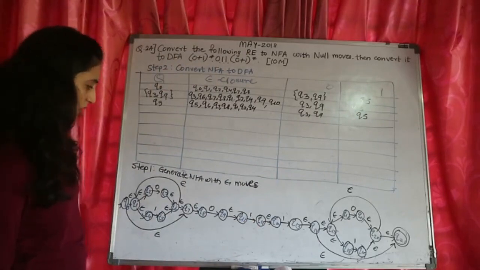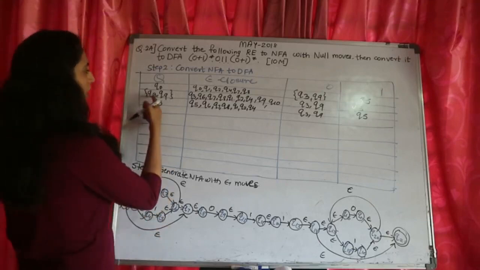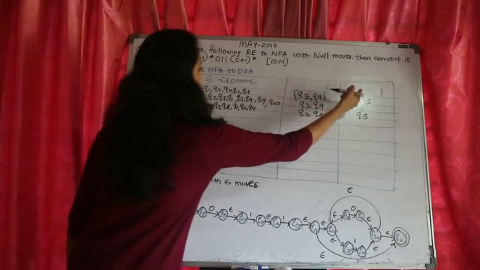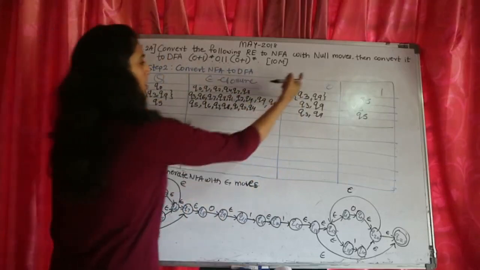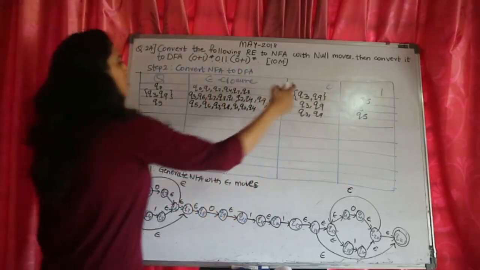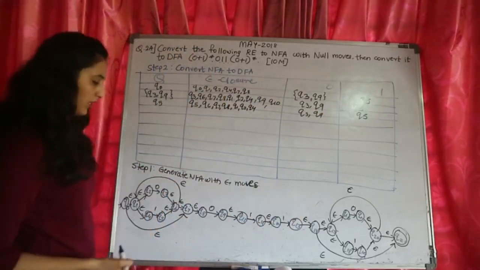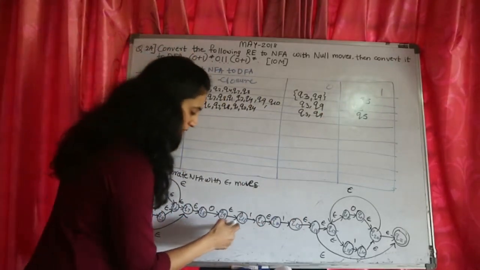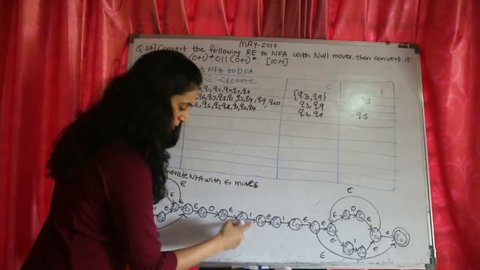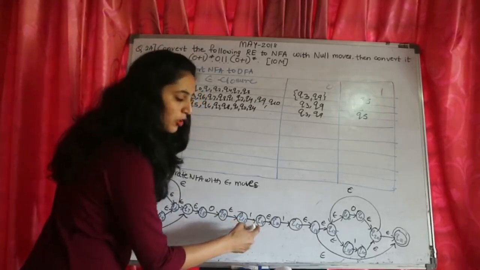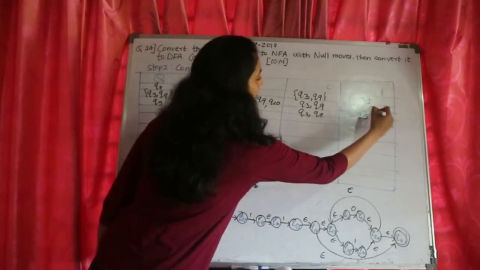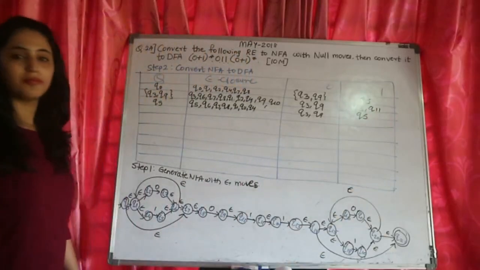One thing that we missed over here is Q3 and Q9 on 0 and 1. So Q3 on 0 and 1 we have written, but Q9 on 0 and 1 we forgot. Okay. So Q9 on 0 and 1: if 0 comes on Q9, nothing happens because there is a stop here, but if 1 comes on Q9, it goes to Q11. So I have got a new state here.